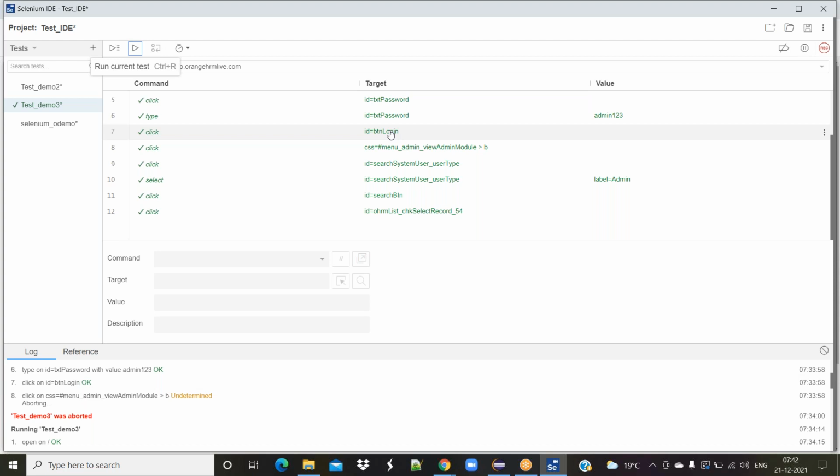Then how can I write locators in real time? Just as Java is important, writing locators is also important.